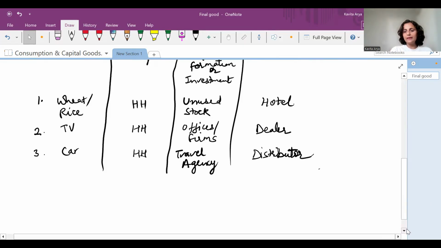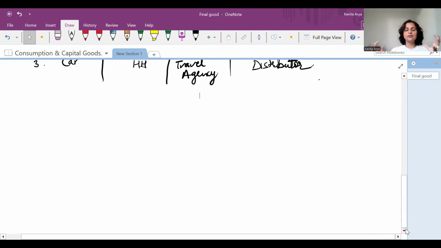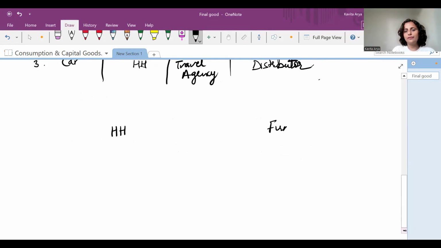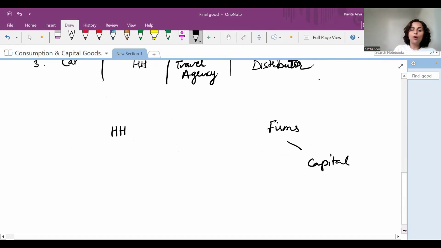I now feel like taking all the concepts together. Let's have a final outlook on the same. Many students inquire, ma'am, we have households and firms, these are the two basic sectors. Yes, these are. So, do firms only go for capital goods or investment goods? Or do households only go for consumption goods? Yes, majority this way, but no.